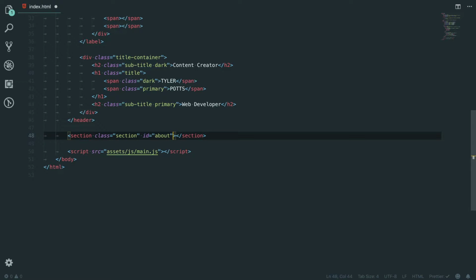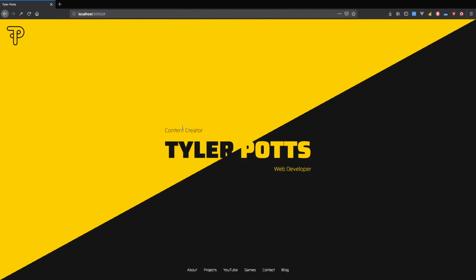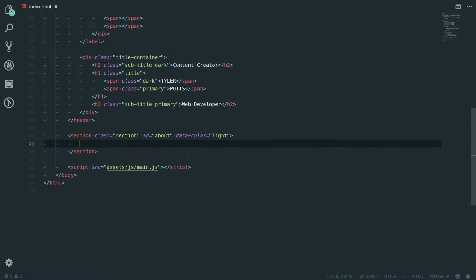And then here we're going to say data-color is equal to light, because what we're saying here is we want the text to turn light color when it lands in this section. So over here it's going to start dark, and then when we scroll down, this is going to enter a dark section where it needs to turn light. Okay. So if we drop that down and we say h2.heading, we're going to write in here about,